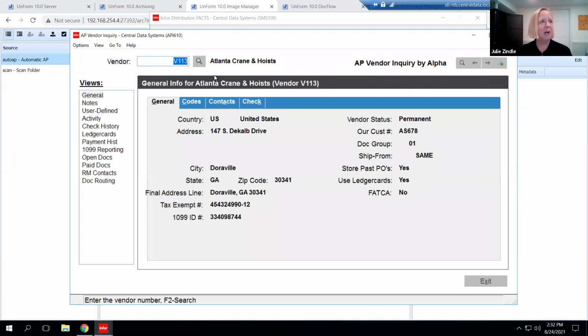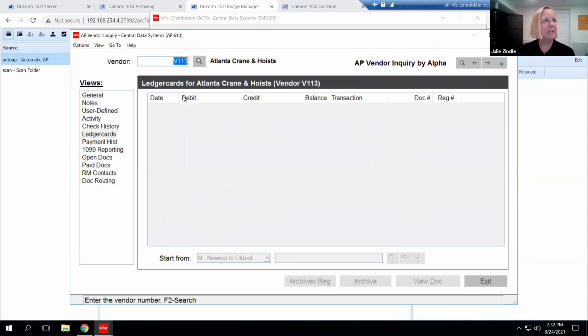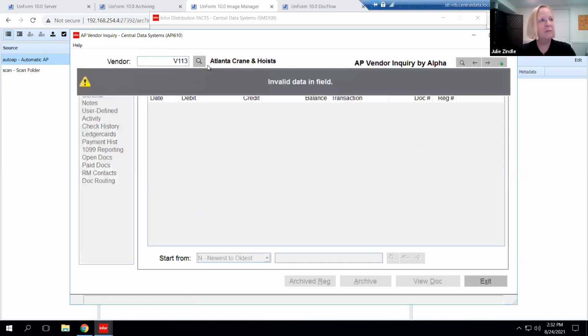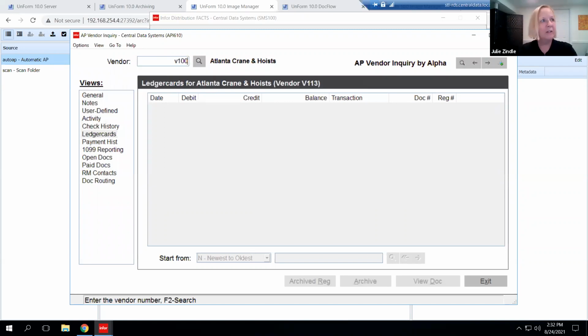And if I were to look up Bunny Rabbit Farms or one of my vendors, I can easily get to all of those documents that are out there. I'll bring up another vendor that might actually have something here. And my invoices can be in the archive itself, so I don't have to go to the file cabinet and file all of those documents.